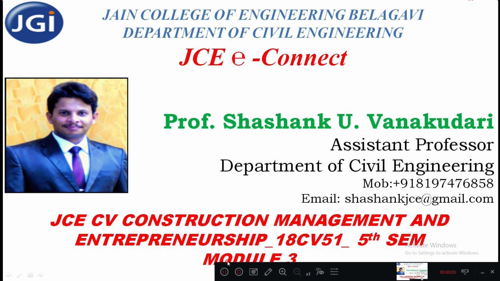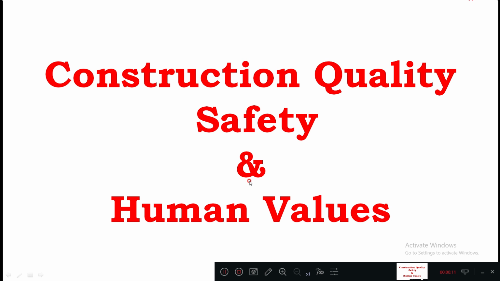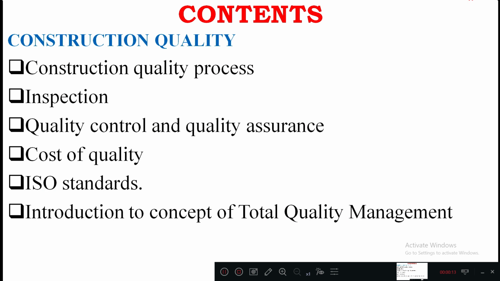So in this class, we'll start with module 3, that is construction quality, safety and human values. So these are the contents, starting with construction quality. In that you can study the construction quality process, how exactly we can achieve construction quality step by step, and inspection, that is examining each and every aspect which comes under the quality process, and quality control and quality assurance. So how exactly we need to maintain each and every stage of the construction with respect to these quality aspects,